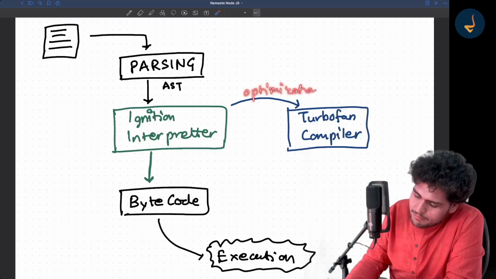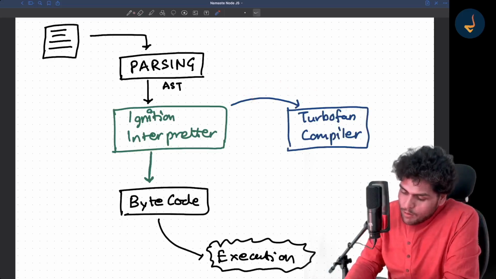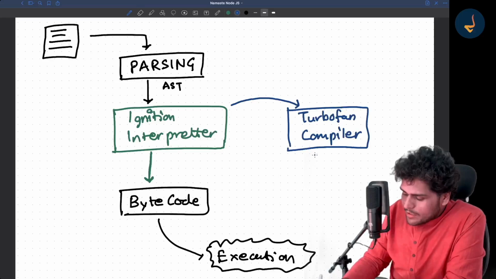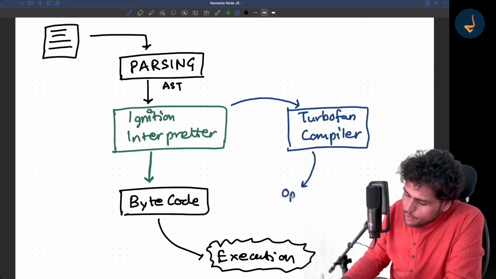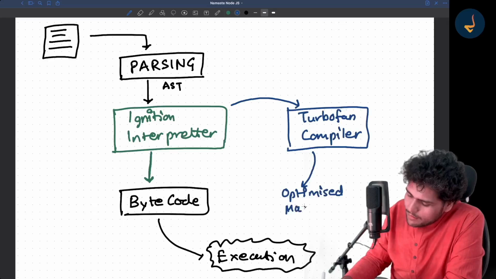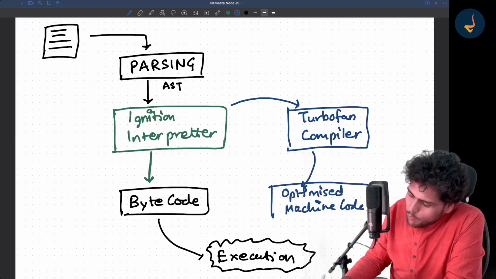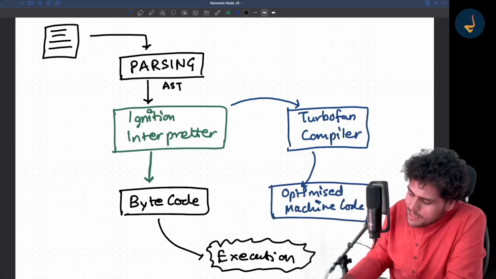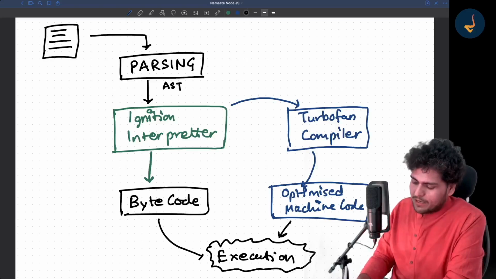Now, what will the Turbofan compiler do? The Turbofan compiler will compile this code and convert it to optimized machine code. What will happen to the optimized machine code? It is finally executed.